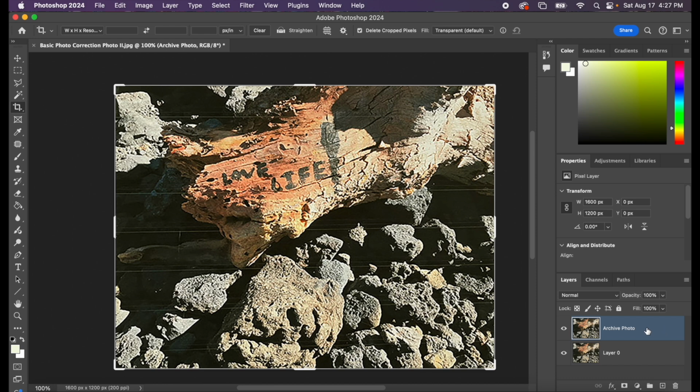And then I'm going to move the archive photo underneath layer 0. Okay. And I'm just going to turn it off, because I want it there, but I don't want it to interfere with anything else. Okay, so I have it, but the eyeball's turned off. So now that we have our layer 0, we have an archive photo, we are ready to adjust the color